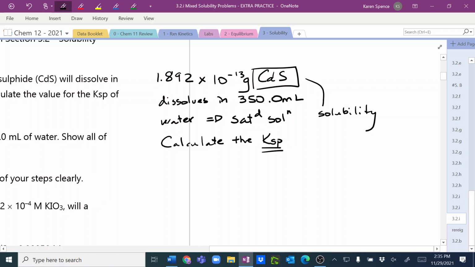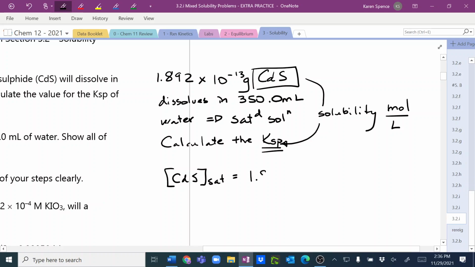And remember, solubility is the moles per liter. So we need to take our grams and turn them into moles, and we need to take our milliliters and turn them into liters. So the concentration of CdS saturated